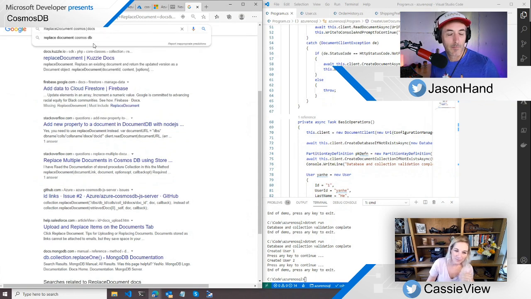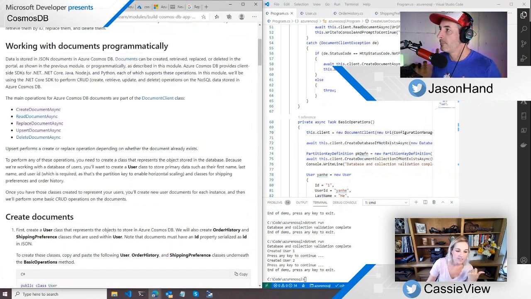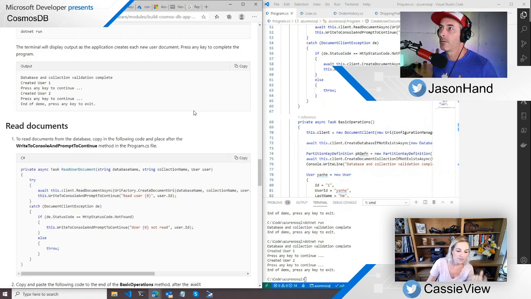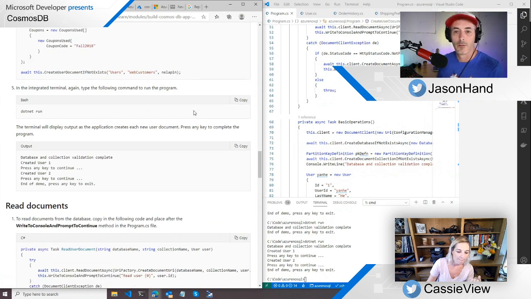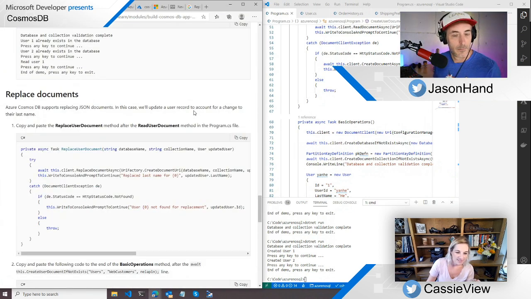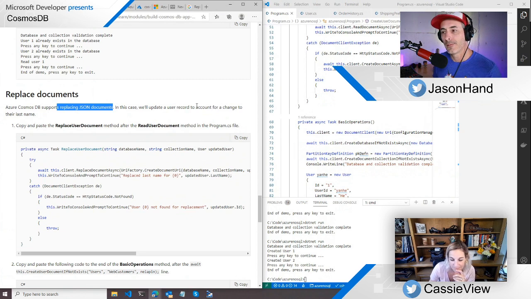Yeah, I think that's what it is. I would say maybe confirm. Do we have in the Learn module, are we going to do that? So we've created, and then next we're going to read from it. And then replace. But the thing about replace is I don't think it's replacing the whole document. Yeah. But then how would you delete a property? Like you can delete a record. So to me, it would make sense if it was replacing the whole one. Yeah. I don't know. We might have to look that up later.